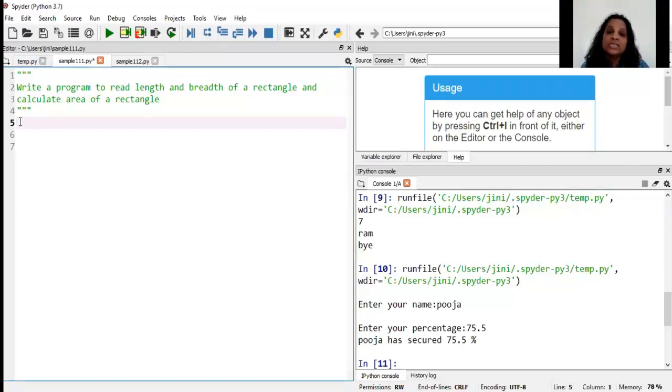How do you get data from the user? By making use of the input function. Now, can length and breadth be a string? No. So I don't want to take it just with the input function. Can it be an integer? Yes. But can it have decimal places? Yes. So better to use float. So I write L is equal to float in bracket